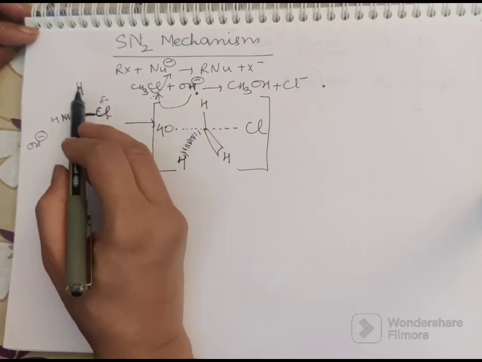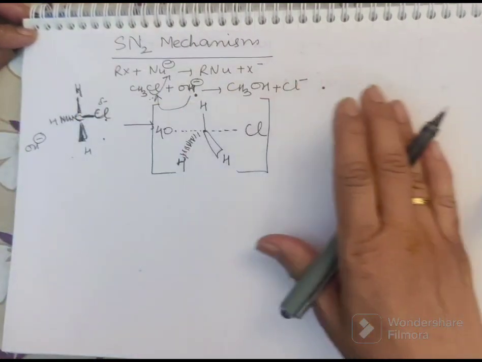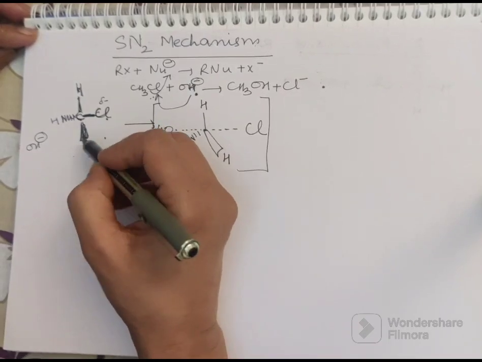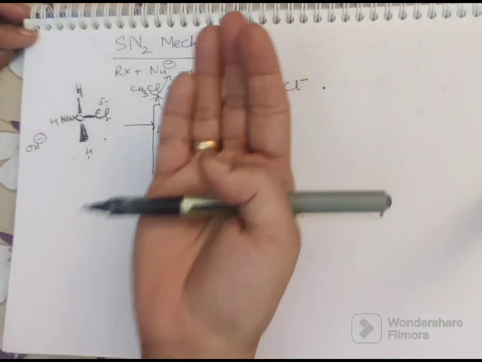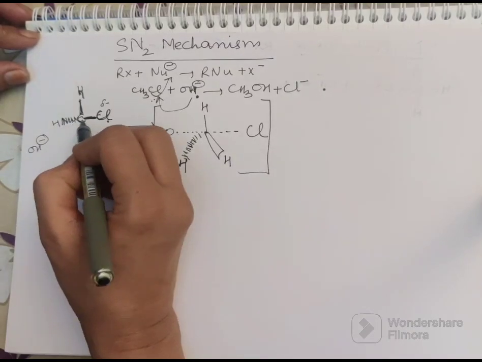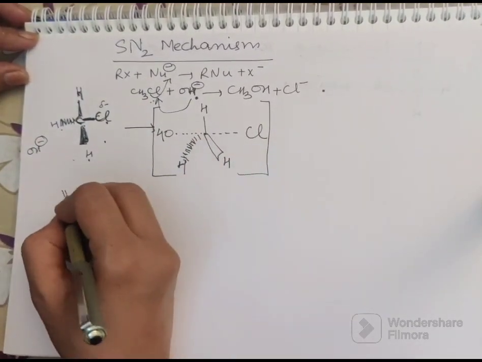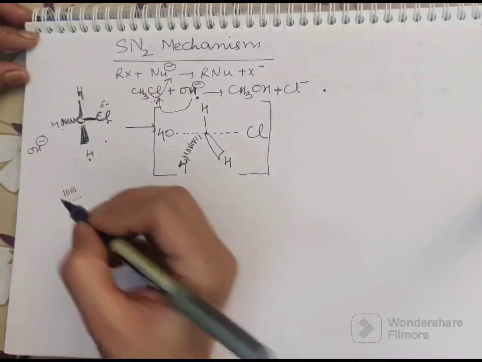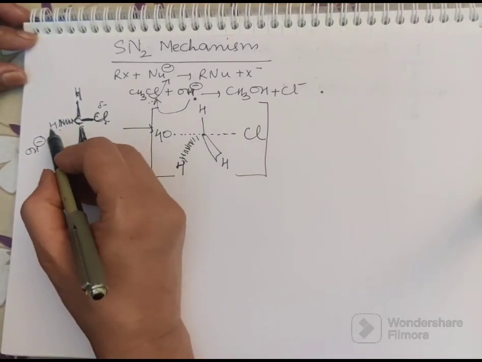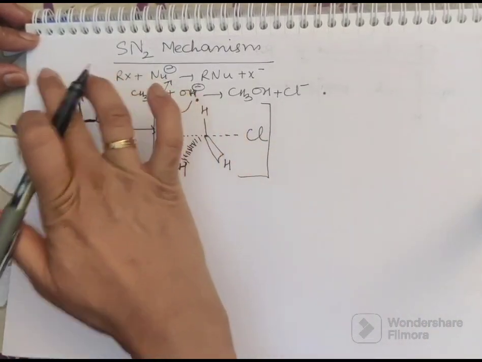Now this carbon atom, H and Cl were normal lines. They lie in the plane of the paper. The atom attached to the wedge is coming out of the plane of the paper, and the atom which is bonded to the carbon atom by a dash is behind the plane. We show dash like this, or sometimes with dots like this. This means the hydrogen is behind the plane of the paper. So this is a three-dimensional representation.